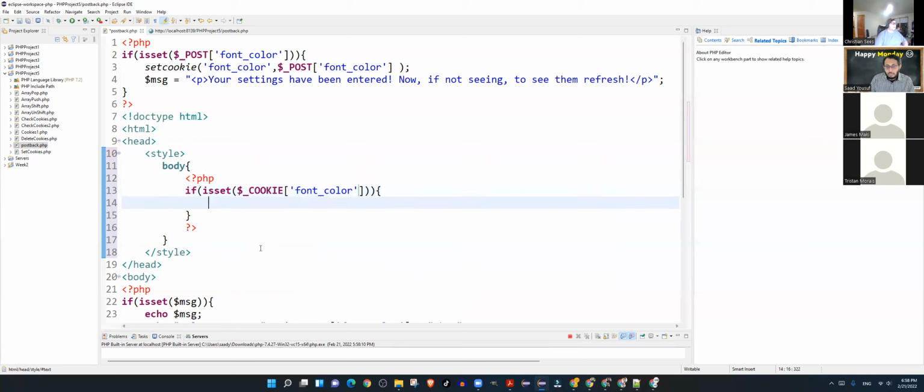If the font color cookie is set, then I want in the body tag that throughout my entire document, I want the font color property, or it should be color property, to be hashtag